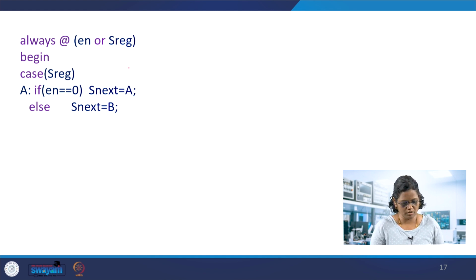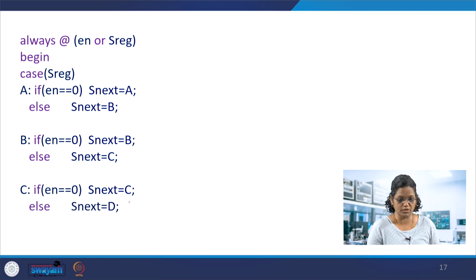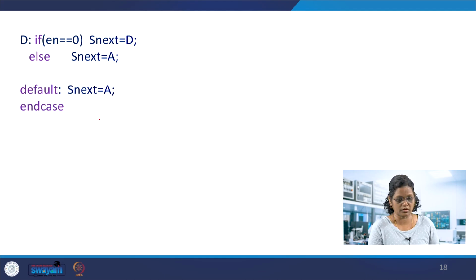This always block puts all the conditions once again. This is one always block which has all the next state conditions, similar to the previous cases. You can notice it has the enable as well, next state logic and end case.